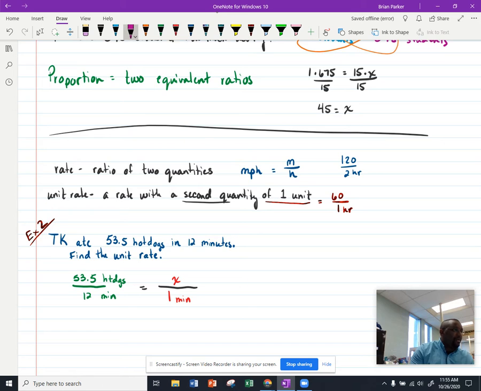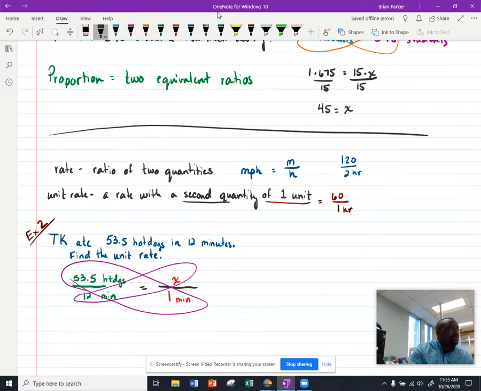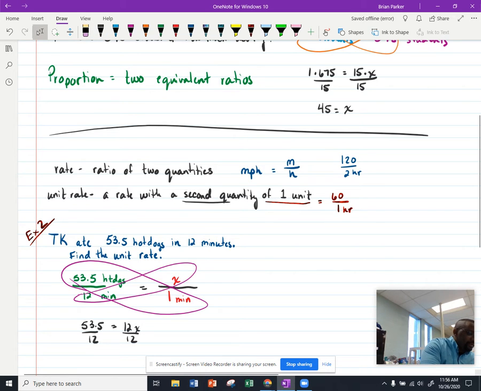And how do we solve that? Well, the way we solved the last one, we're going to cross multiply and then divide. We'll cross multiply and divide again. So that'll give us, see, 53.5 times 1 is just 53.5. And then 12 times x is just 12x. And you'll divide by 12 on each side. And then after you divide by 12 on each side, you'll get that, oops, 53.5 divided by 12, you'll get